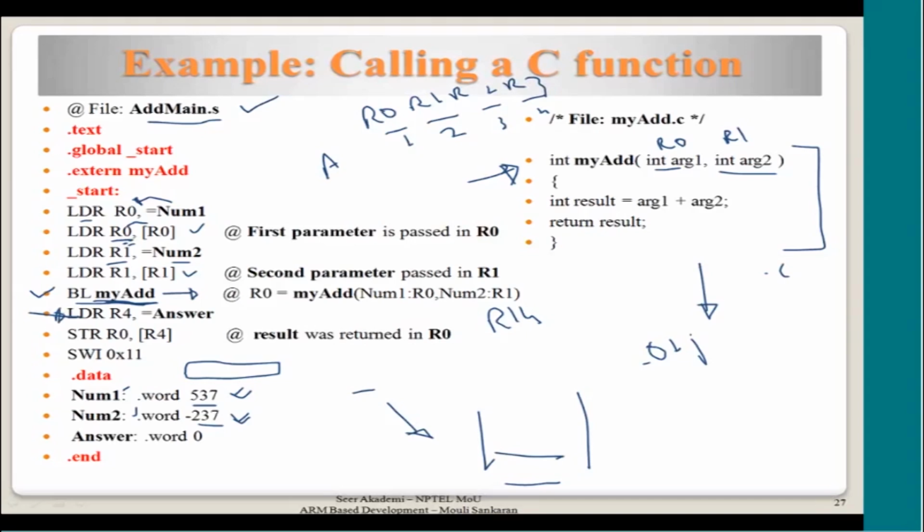Okay. Now, assume that something is done by this function and then it comes back. When it comes back, it is supposed to store the value in the answer. Okay. That's what I'm expecting. So I will get a variable called answer. So that address is put in R4, and then I am picking that value returned from R0, because the result is supposed to be passed by the routine in R0. So I expect it to be in R0, so I store it in the